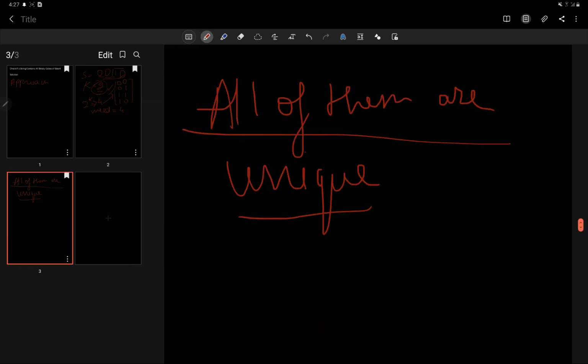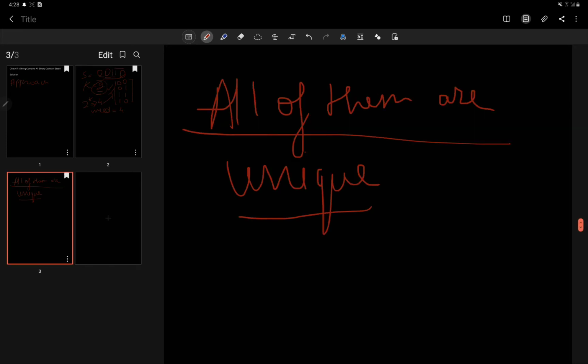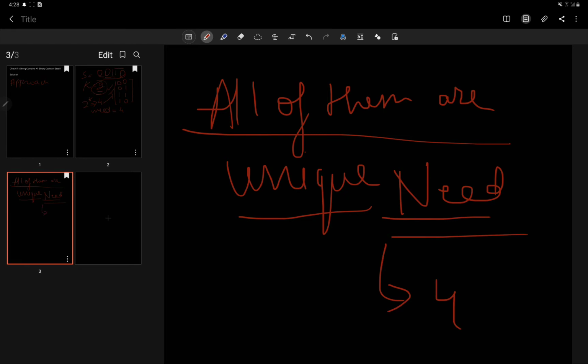So the approach here would be not to check whether 00, 01, 10 or 11 has occurred or not. It is just to check whether our need, that is how much we need, which is 4 in this case, is satisfied or not.